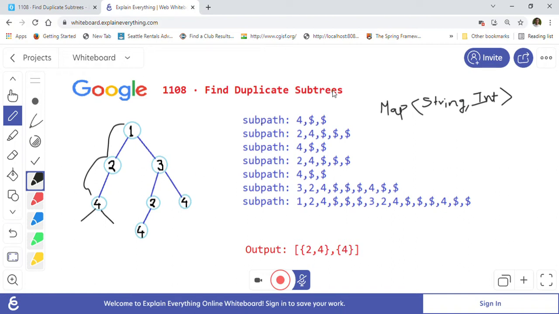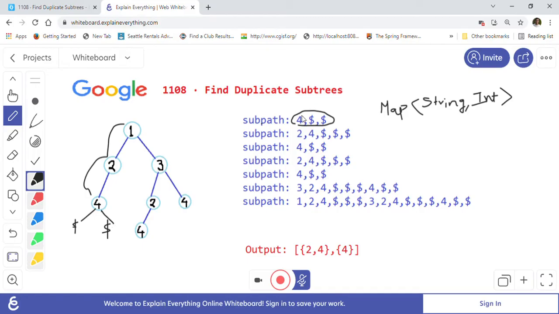As you can see here, we take this node first, and here I am just highlighting it. So $4: 4 means the node value, and the dollar is because it is null. We will take the dollar sign for null when we are forming a string, because left is null, right is null, and 4 is the value. So $4 we will take. So value, then left, and then right. That is the sequence.